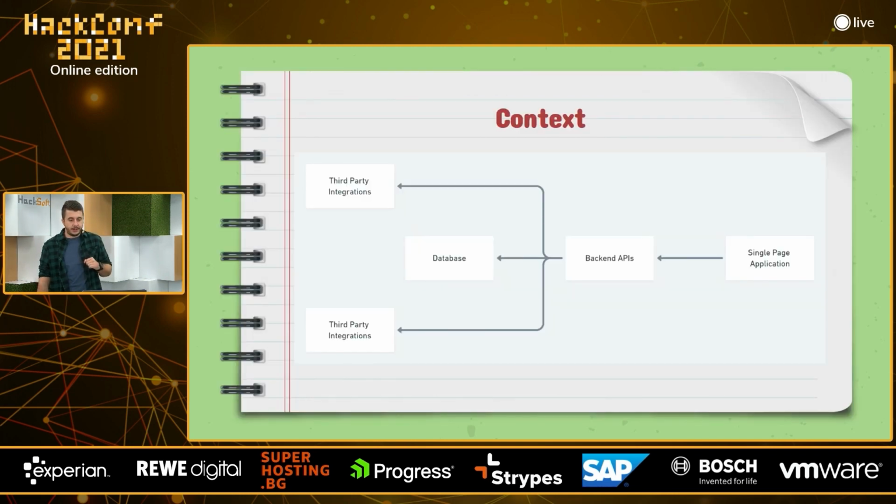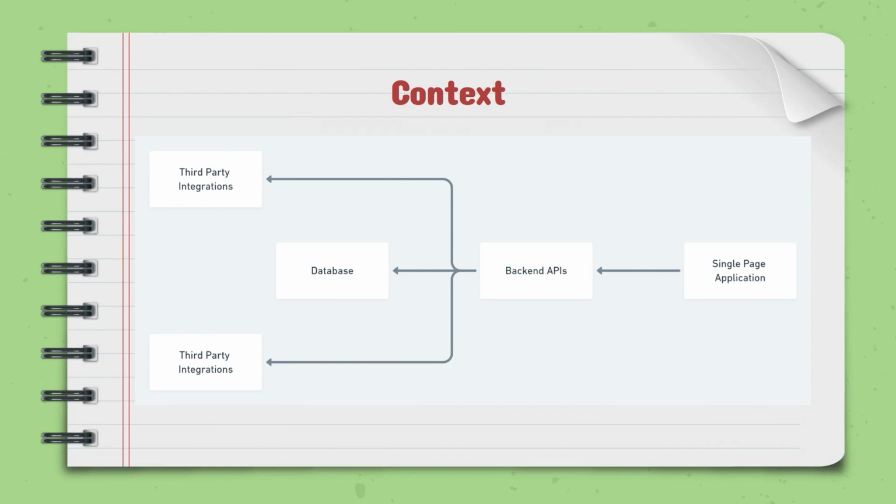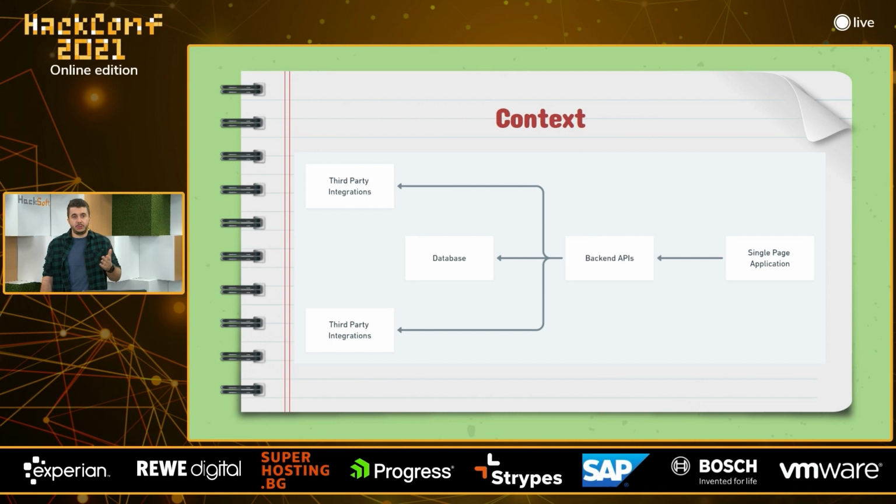6 months ago, we started developing a system that looks like most of the systems that you are familiar with. It's basically the same thing that I'm doing for the last couple of years. Having a single page application on the front end, some backend, using some APIs for communication, a database, of course, and a couple of third-party integrations. So you're probably really familiar with this kind of architecture, and you probably can recognize your project in there, because this is nothing really special.